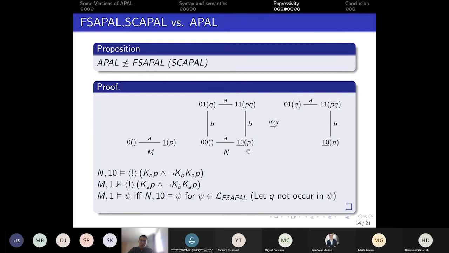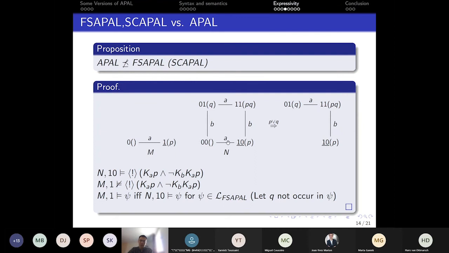This is because actually M1 and N10 are bisimilar without the atom Q. And if psi has no atom Q, then it is true on M1 if and only if it's true on N10. So in this way, we show that there is one APAL formula which any FS-APAL formula